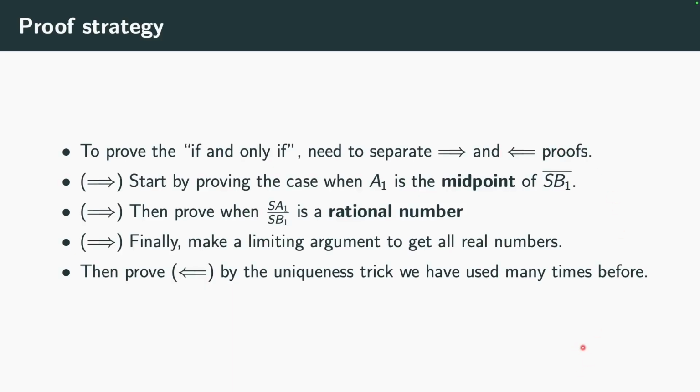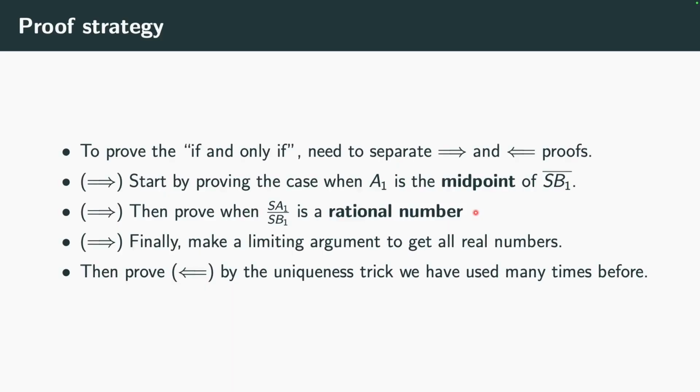The forward direction is quite difficult, actually. If the lines are parallel, then the ratios are equal. And we're going to look at three stages to that proof. The first stage, which we're going to do in detail, is to prove it in the case when A1 is the midpoint of the segment SB1. The next stage, for which I'm not going to give a complete detailed proof, but I'm going to give an outline of how we prove it,